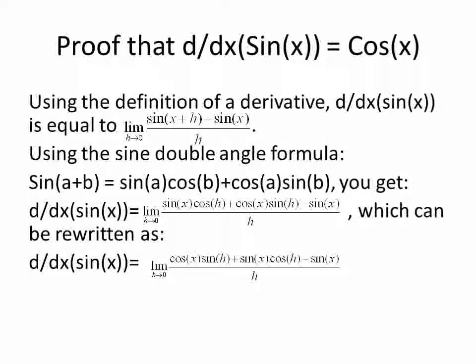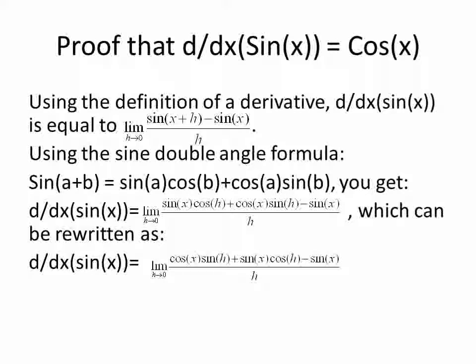Here's the proof that the derivative of sine of x is equal to cosine of x. And the proof that the derivative of cosine of x is equal to negative sine of x is very similar to this. And then the other trig functions are proved using quotient rule, and I'll show a proof of one of those after this. So using the definition of a derivative, the derivative of sine of x is equal to